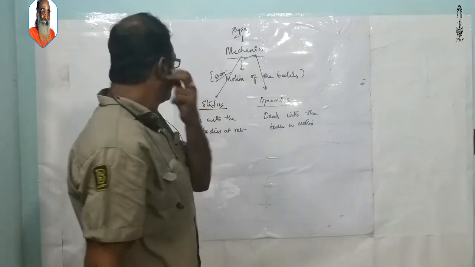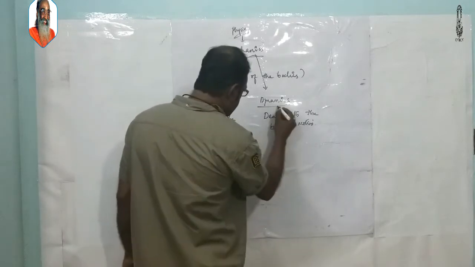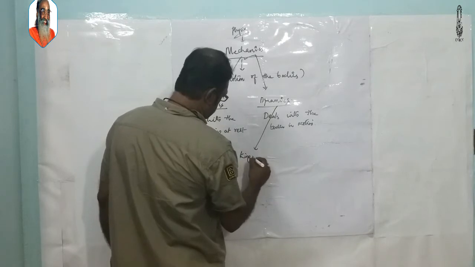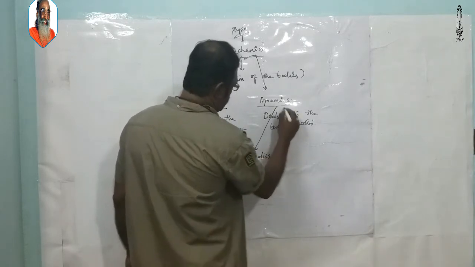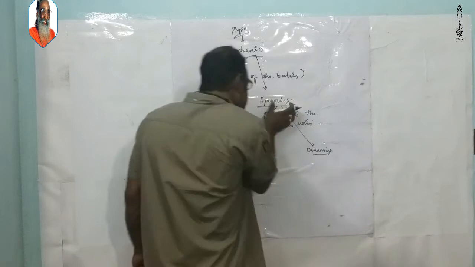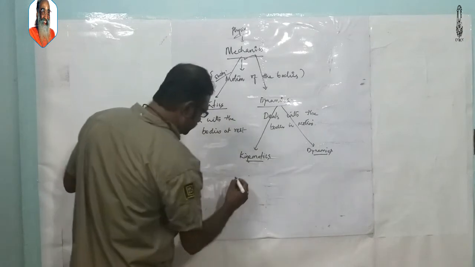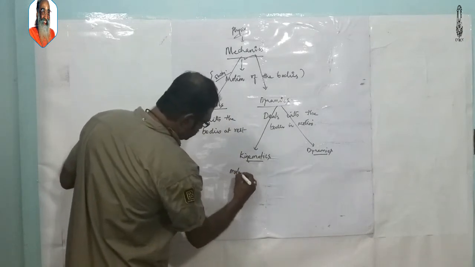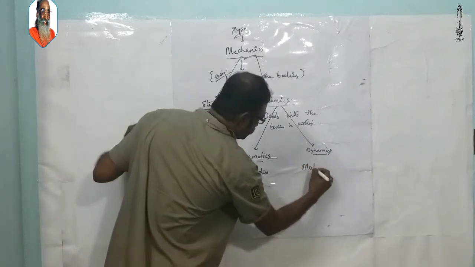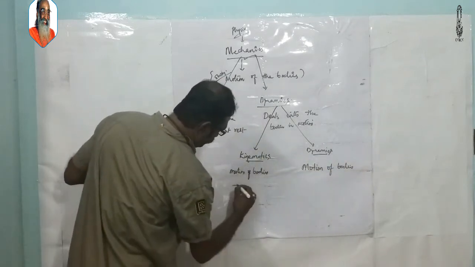which talks about the motion of the bodies, and mechanics has two branches here. One is statics, the other is dynamics. And again this dynamics is divided into two categories, that is kinematics and another one is dynamics. Actually, to say, kinematics is a part of dynamics. And here the difference between these two is, here we talk about the motion of the bodies, and here also we talk about the motion of bodies, and here without